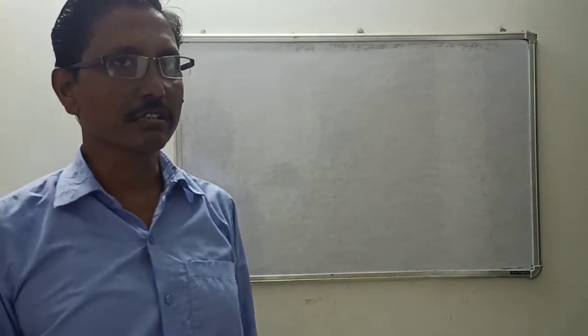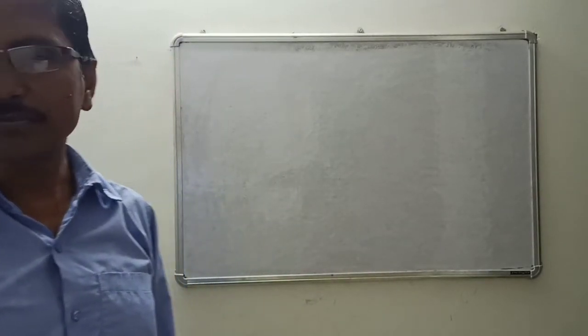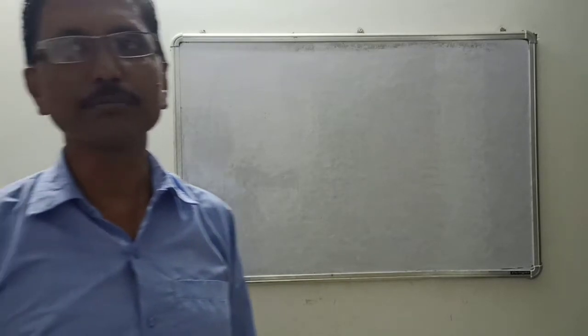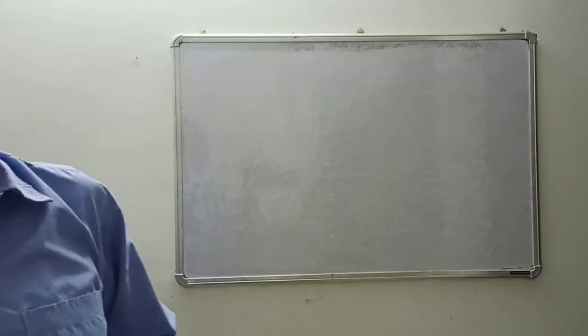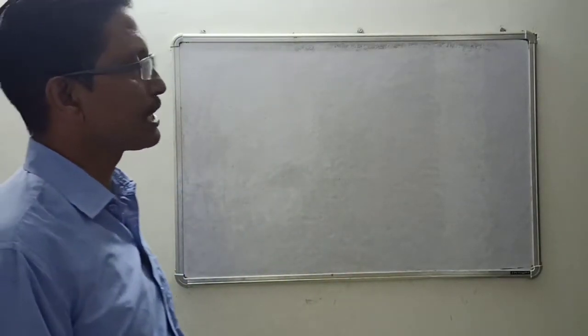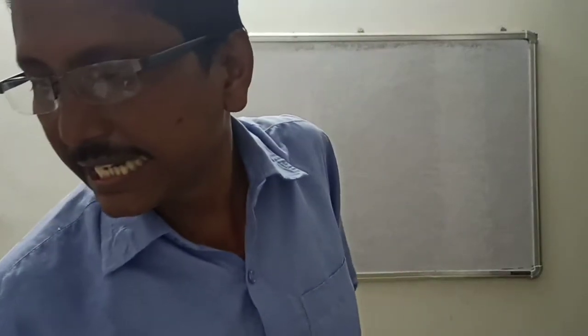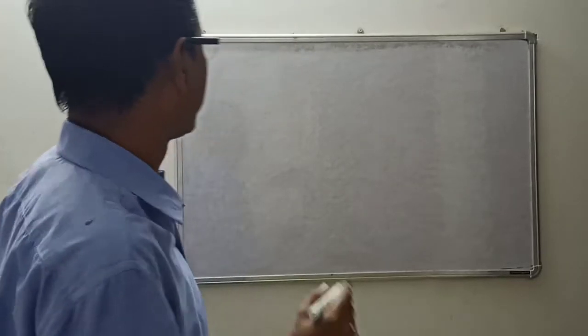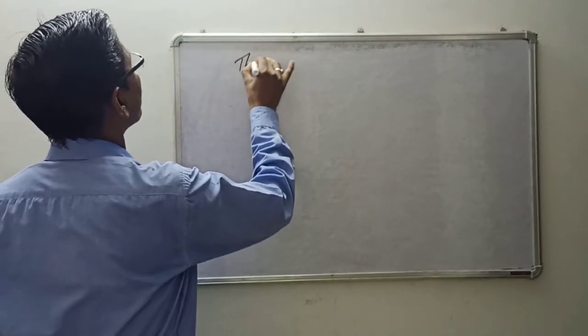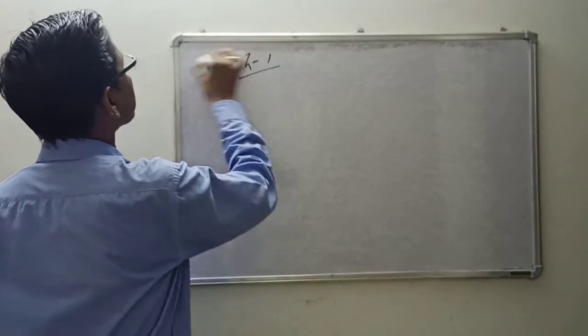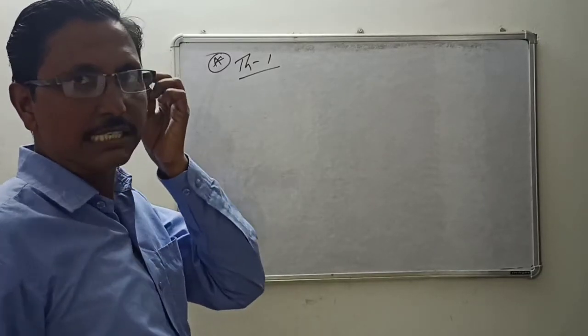Students, in the last class we discussed the problems related to the criteria of similar triangles. Now, with similar triangles, there is another topic to be done, that is the area properties. Area properties means the most important theorem, the relation between the areas of two similar triangles and the corresponding sides. That theorem is one of the most important theorems, and in the exam it has also been asked for